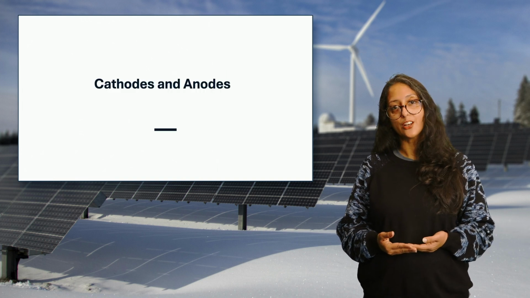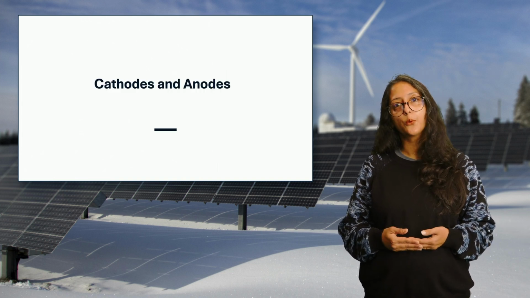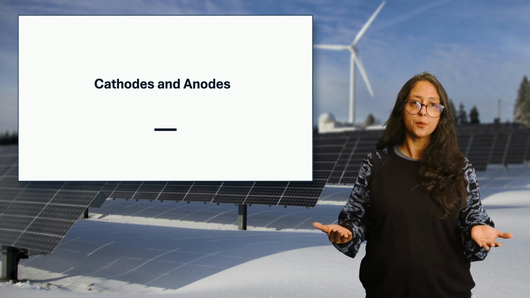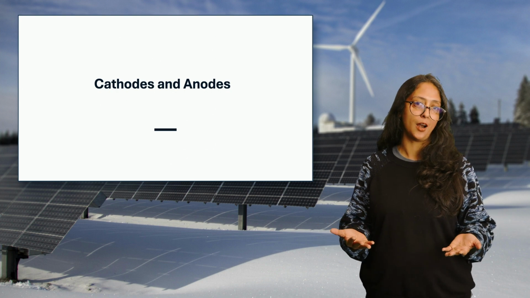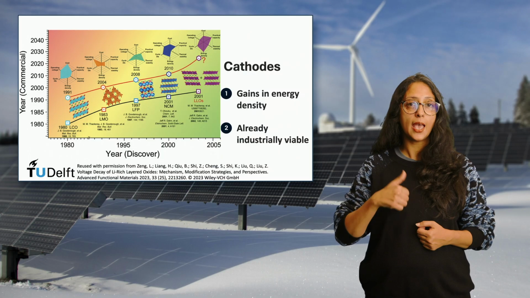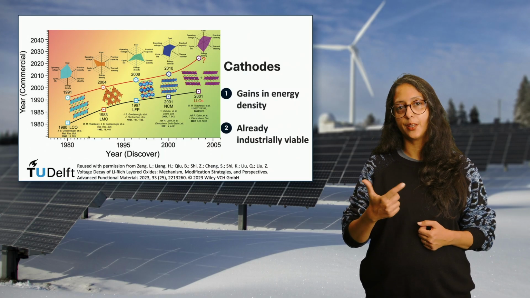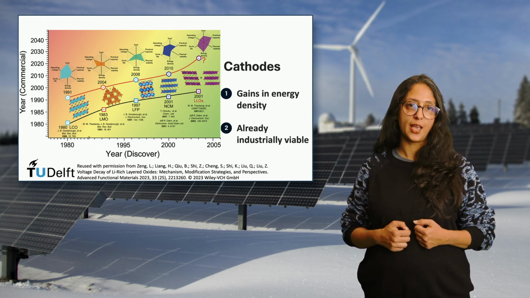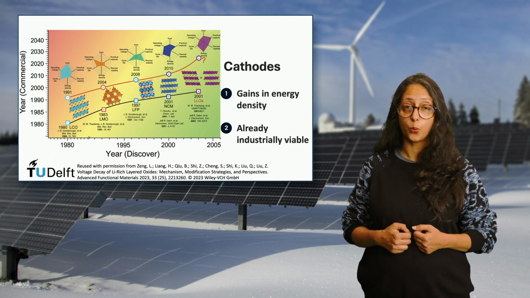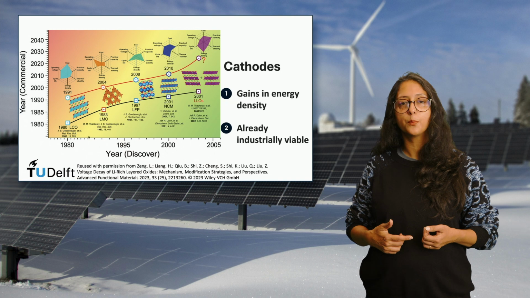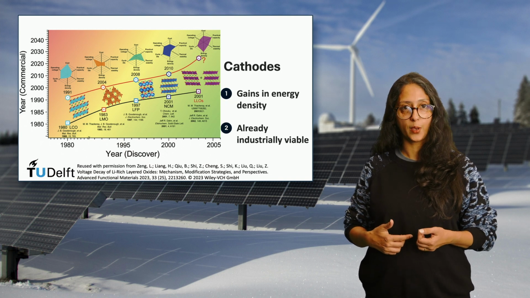In the next part of this session, we'll take a look at which cathode and anode materials are actually used in your battery and what the main differences between these materials are. When we talk about electrode materials for batteries, these are often described by two key terms: energy density and power density. Energy density in watt-hours per kilogram shows how much energy an electrode can store for its weight. Power density in watts per kilogram shows how quickly the material can deliver power for its weight.